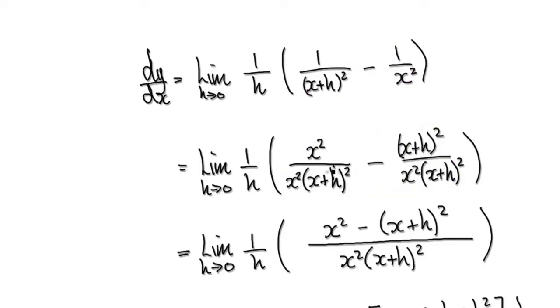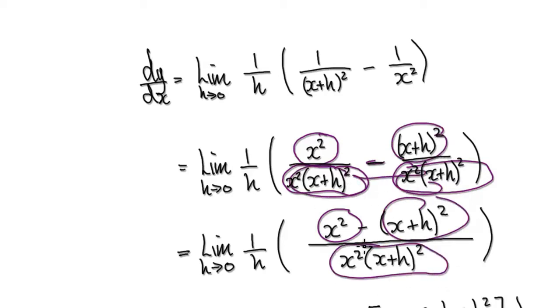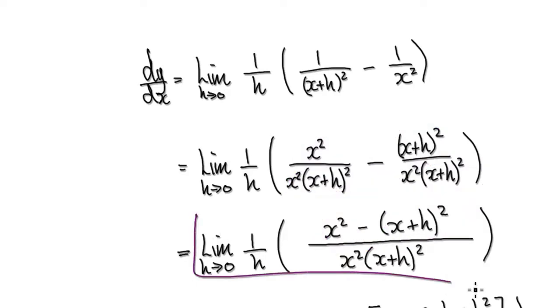Now notice that the two denominators are the same, so we can merge the two fractions. So that would just be this, take away this thing here, and then the denominator stays the same. The denominator stays the same. So that will then take us to here, and then